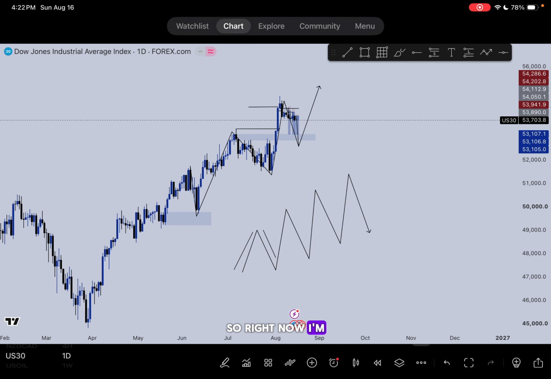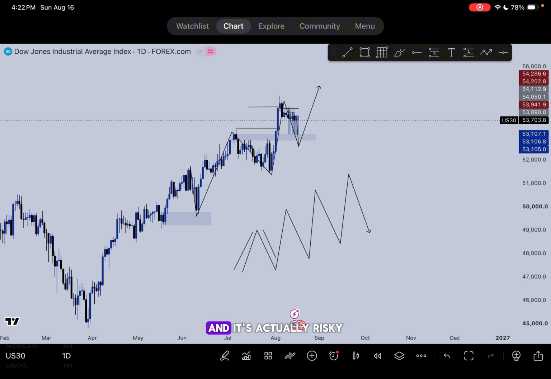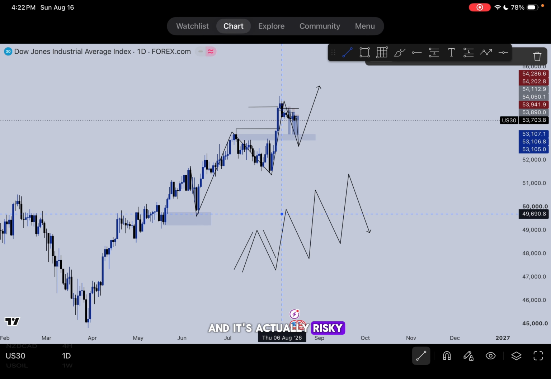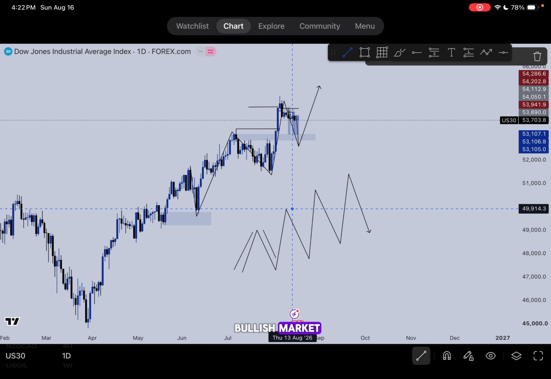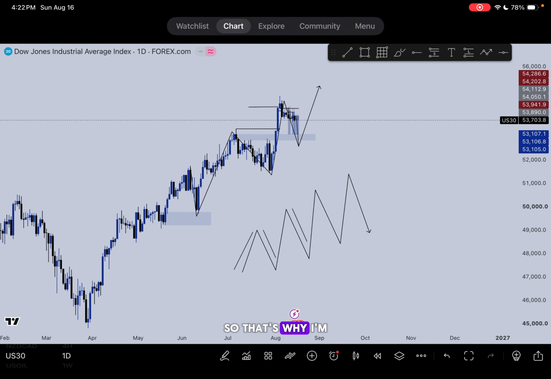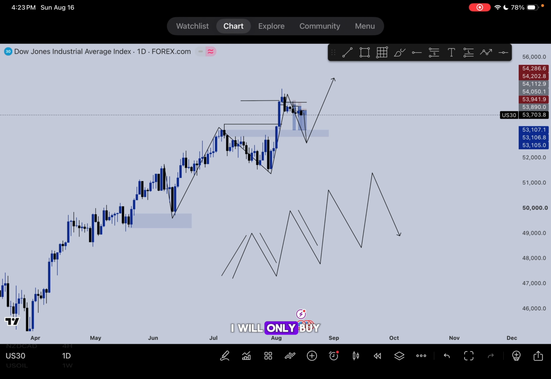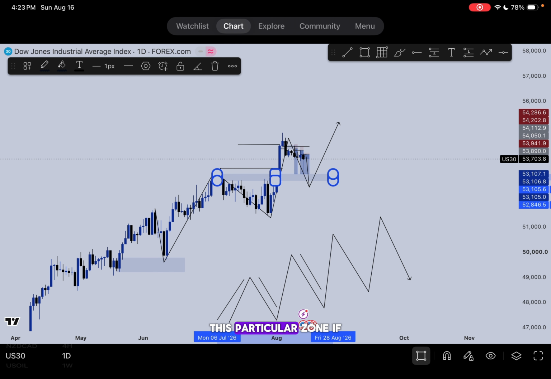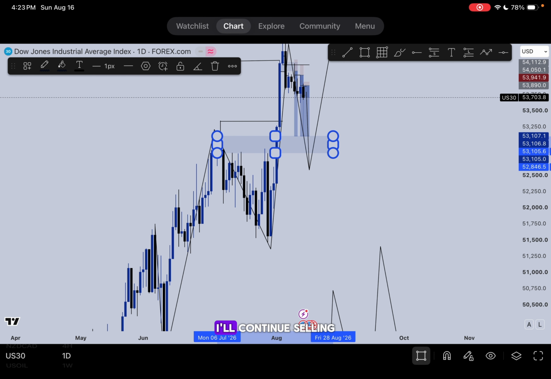So right now I'm counter trading, and it's actually risky to sell on a bullish market, but we'll have to sell to buy. So that's why I'm trying to sell this particular trade to buy. But as I said, I will only buy at this particular zone if I get a rejection or a reversal pattern at that zone. If that zone fails to give me a reversal pattern, I'll continue selling,